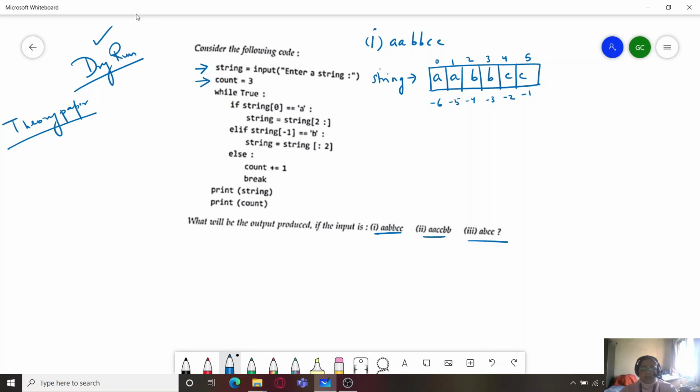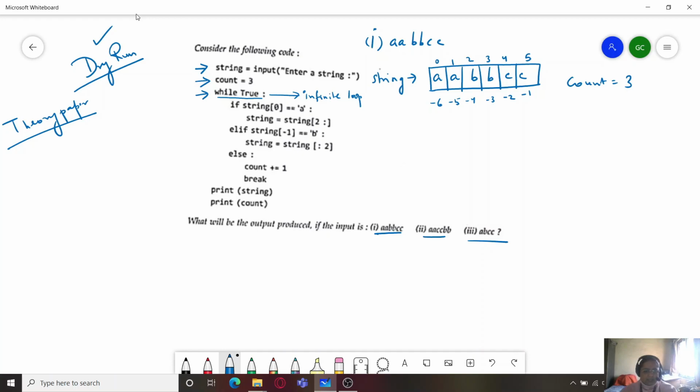The next statement here, as you can see, is count equals 3. So count is a variable which has the initial value 3. Then we have a loop, and as you can see, while True is given, which means it is an infinite loop, because this loop is going to execute until an exit point occurs in the program.